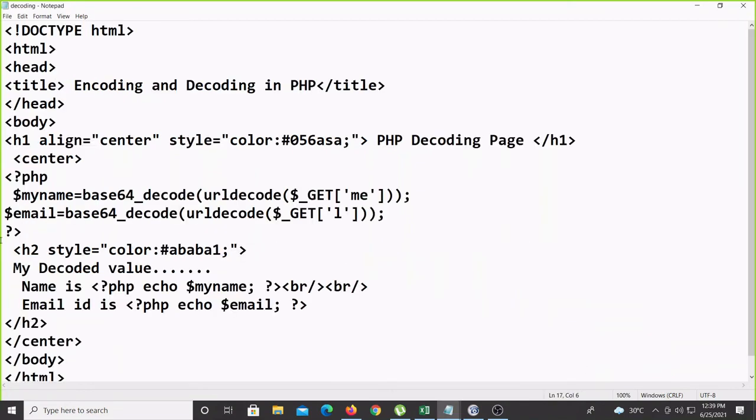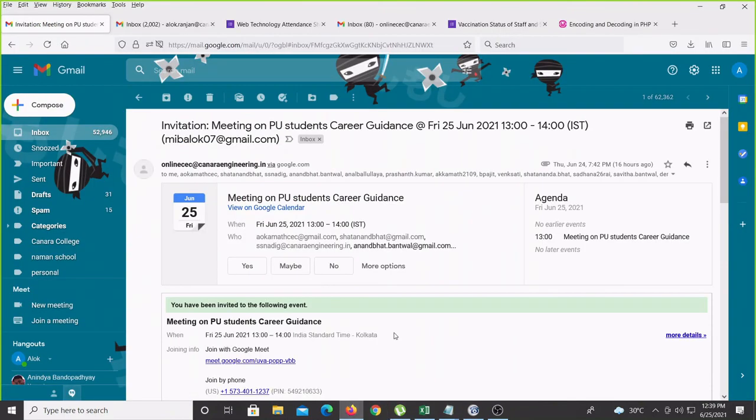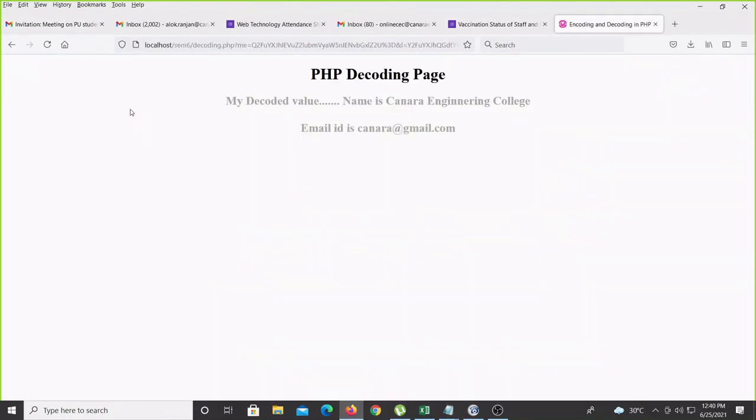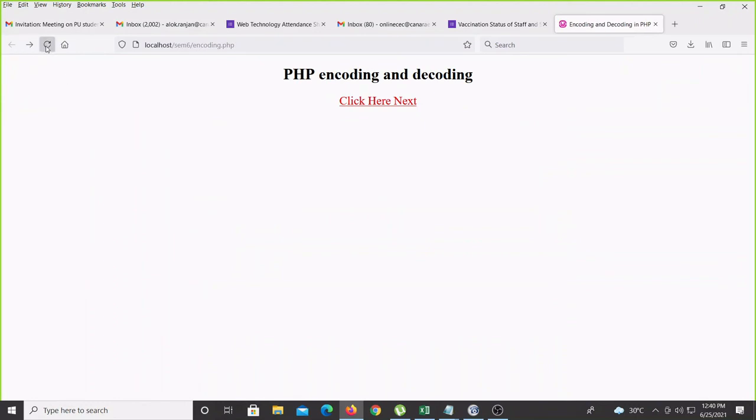So here again for decoding we have to convert, with one more bracket, and this one is the urlencode's decode, and then we have to close one more bracket. Only the name I converted, right? Now you see, come back here, refresh the page, click here.